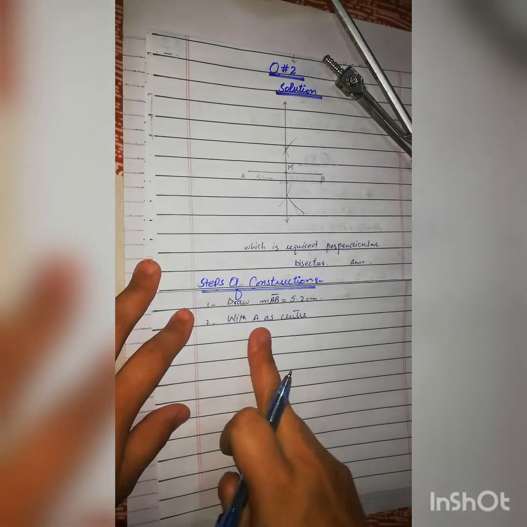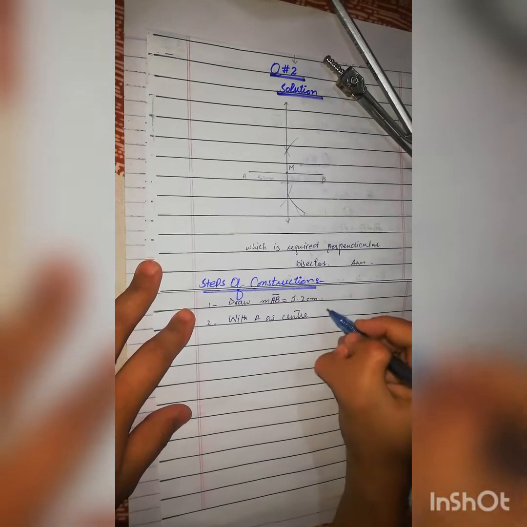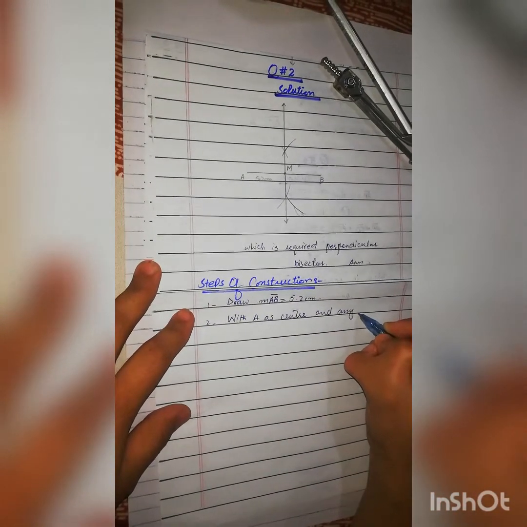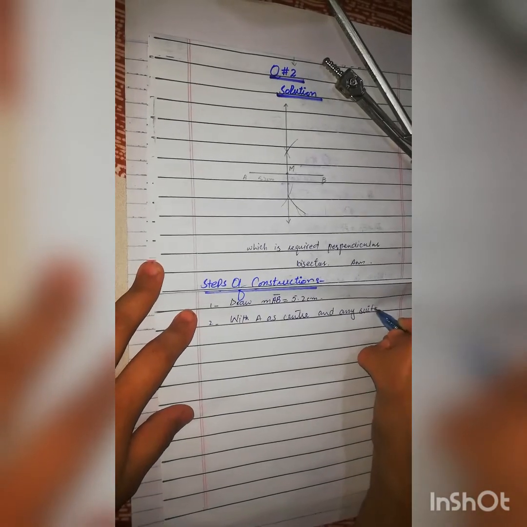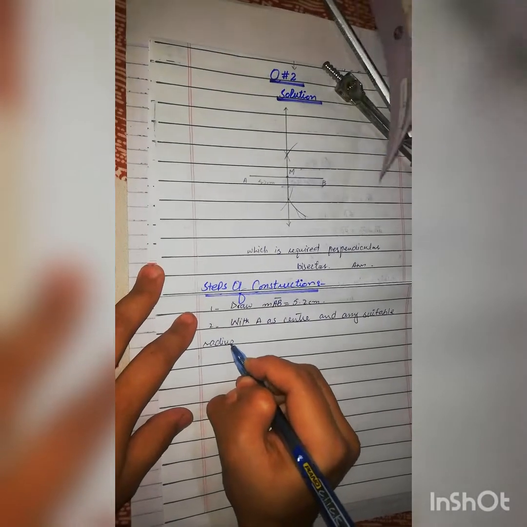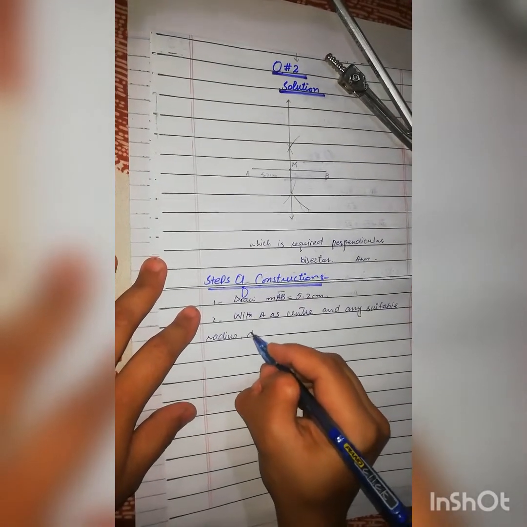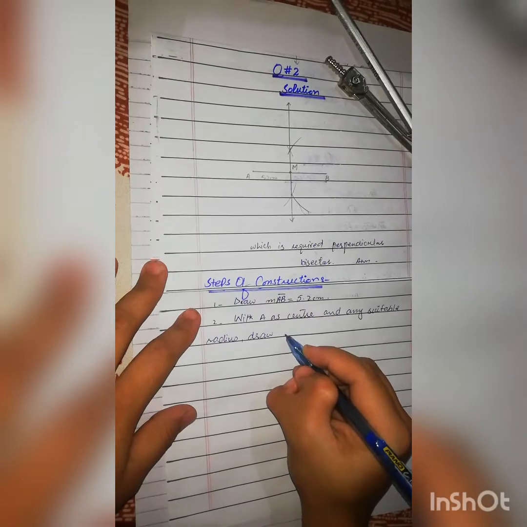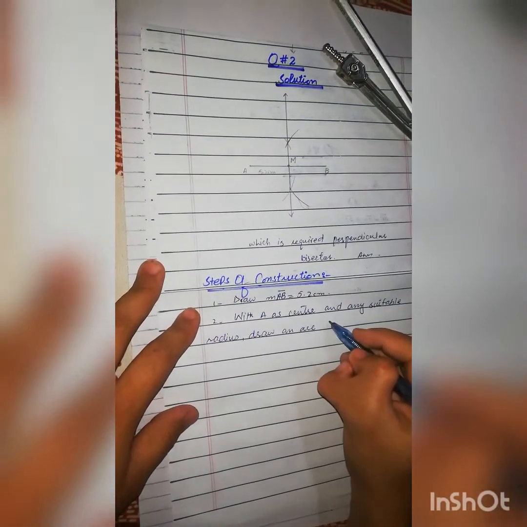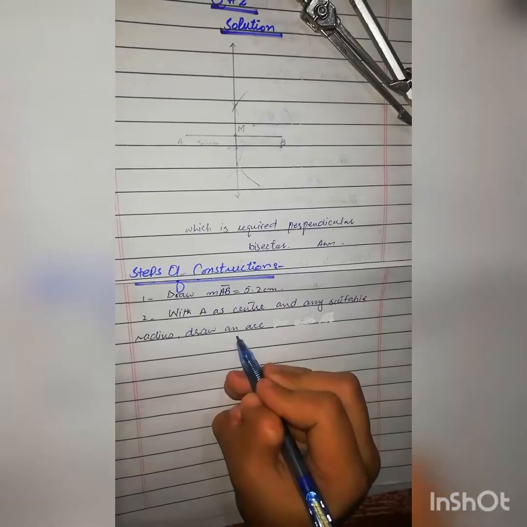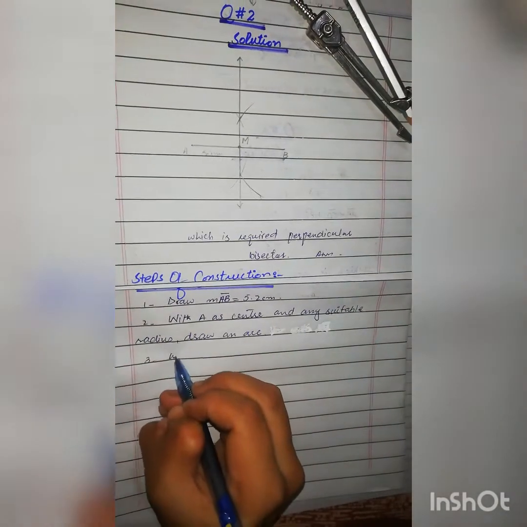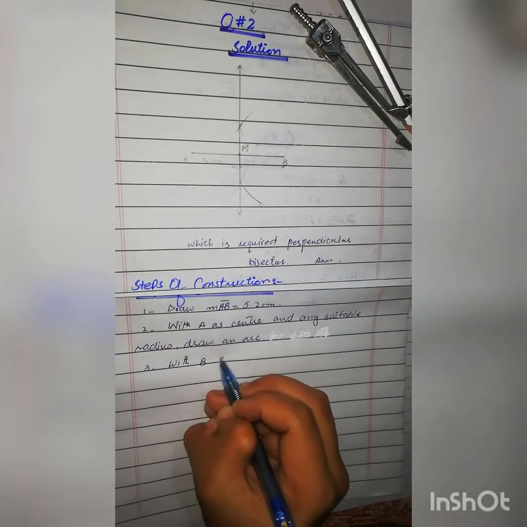So with A as center and any suitable radius, draw an arc, same with B as center